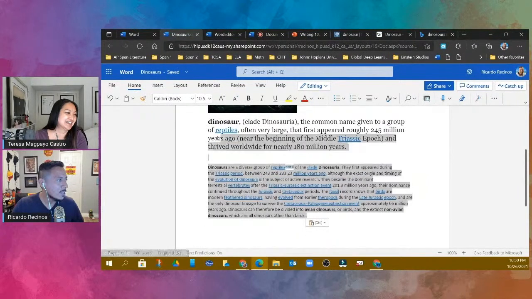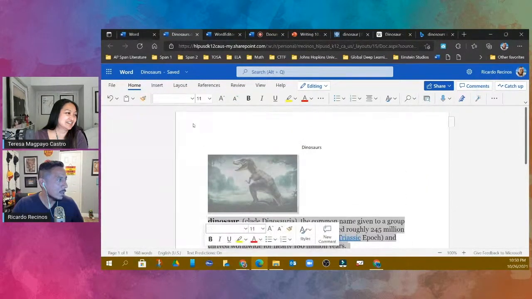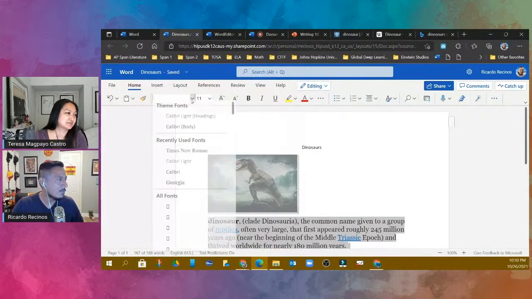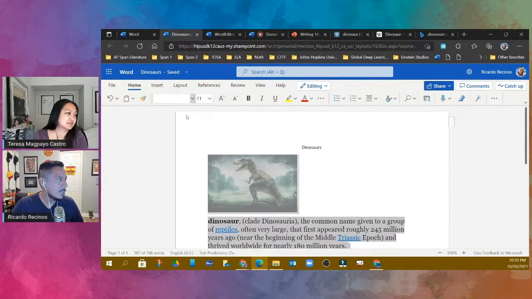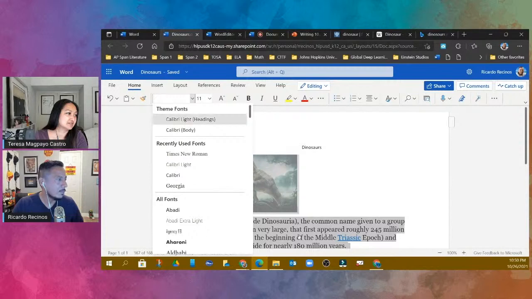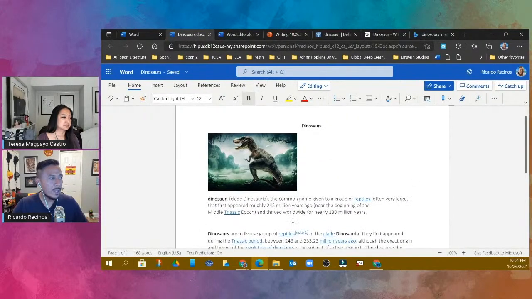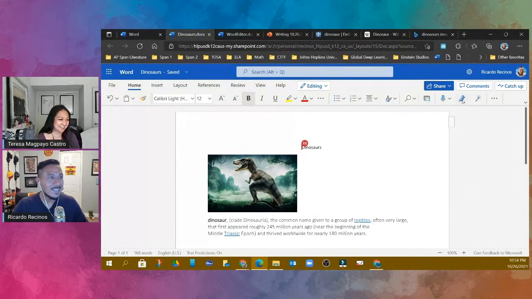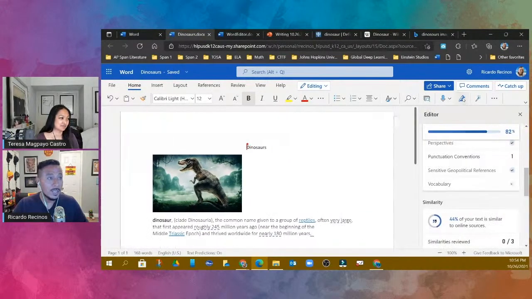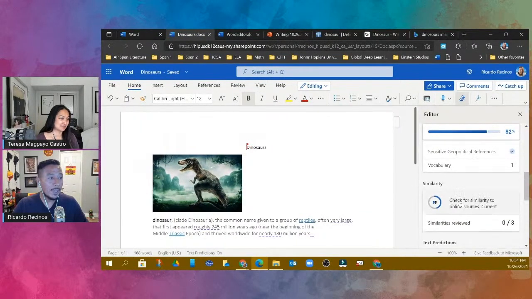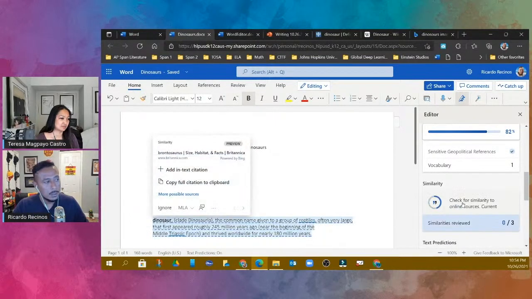And let me just format this to make it look the same way, right? I was trying to figure out how they did this before, and they just basically went in here and changed the font, right? And the number too, right? So once we have my very original document right here, notice that I can come into the Editor that we saw a second ago. And again, because you have that package, you have an option right here to check, okay? And I'm just checking, and it would actually tell you what's going on.